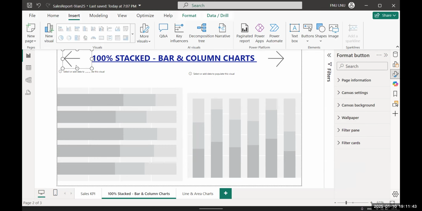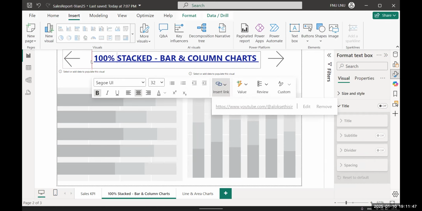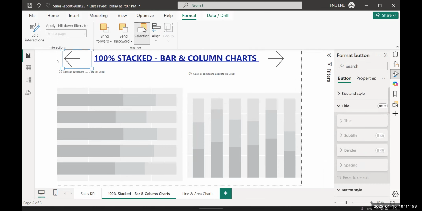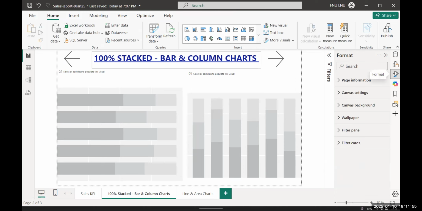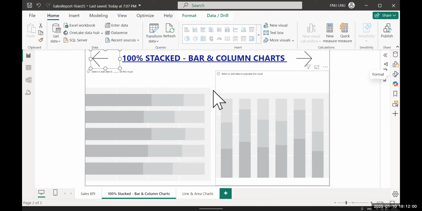Let us click on the button again. So now with the button, you will see the back also. Let me reduce this. You will see the back. When I click on it, it is appearing. If I don't click, it will not appear. If you want it to appear on hover, what we can do is we can again go to format, click on this button, select this button, again open